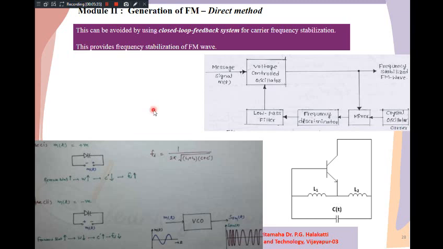Okay, now I hope it is clear. Very easy to understand. So this is C of t. Now we are thinking of it as a varactor diode, that I have shown here like this. According to the amplitude variation of the message signal, the biasing of the varactor diode is controlled.